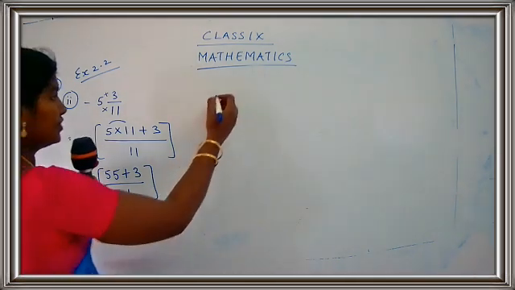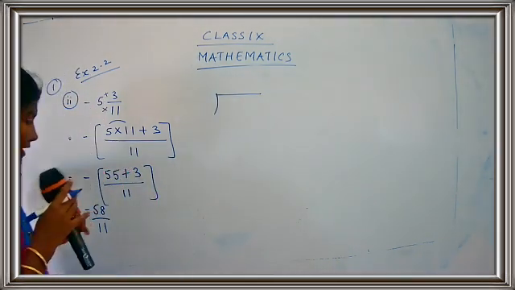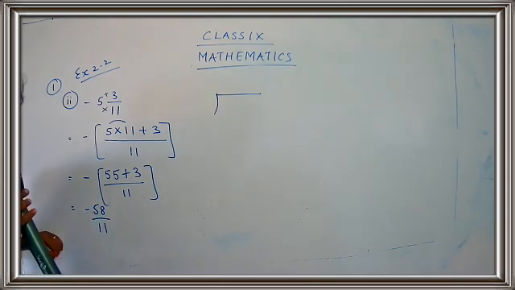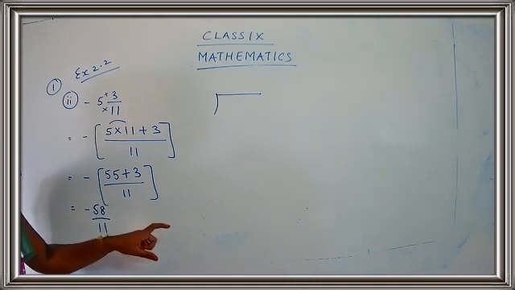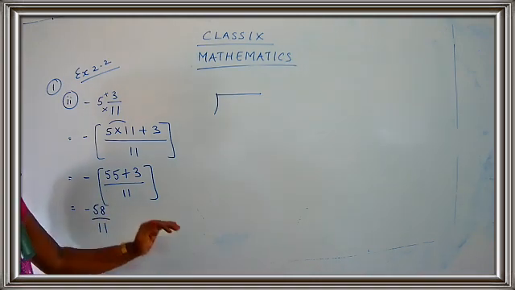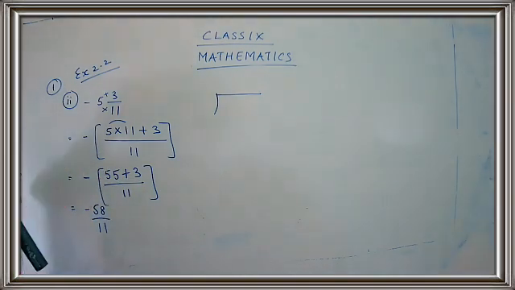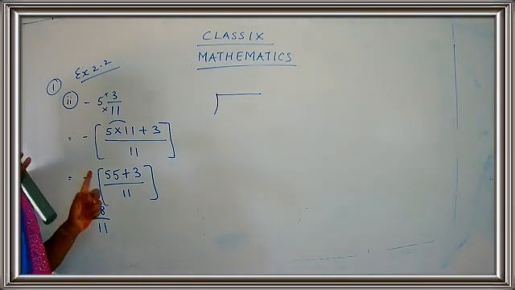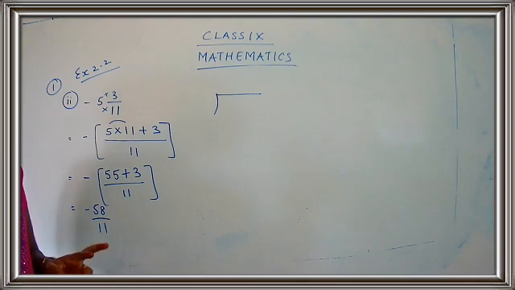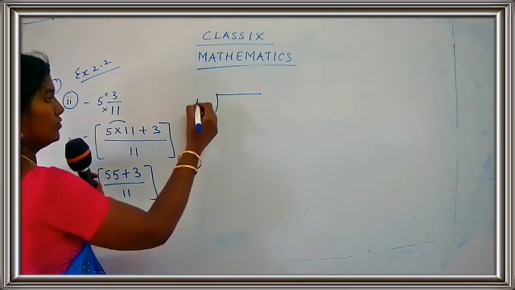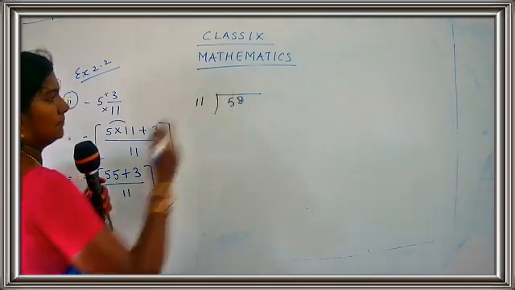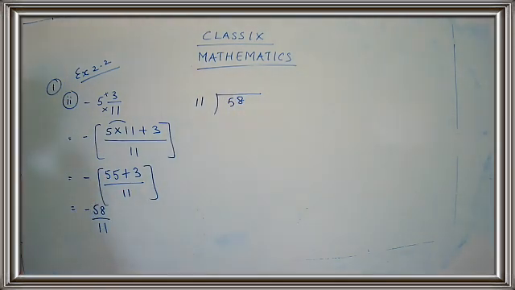Come on, let's go for the division. Do not take the negative sign, children, okay? You have to just keep the negative sign apart. Do not touch that negative sign. After getting the answer, we'll just put the negative sign. We have to add a negative sign to the answer. That's all. So now what you have here is 58 upon 11. What I have told you is, the denominator part goes out. Remember, the denominator goes out. So what is the denominator? 11. Yes. So 11, 58. Let's go for the division, children.